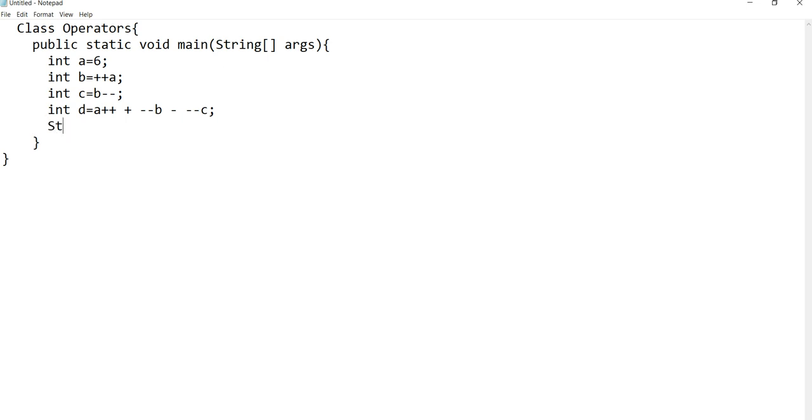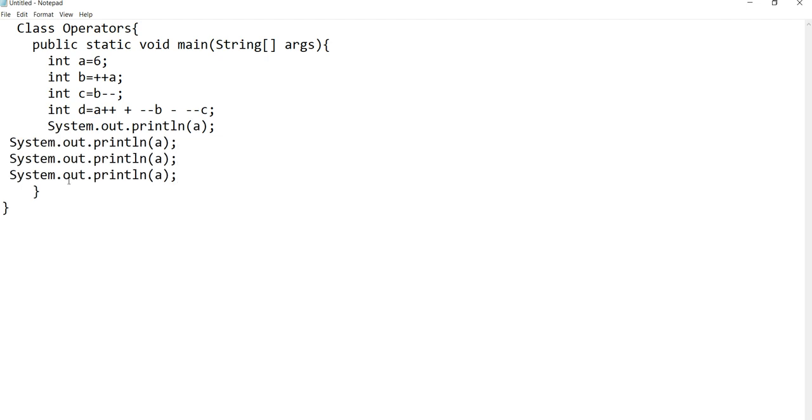I'm writing System.out.println, first with the value a. I can print four values: a, b, c, d. The second value is b, the third value is c, and the fourth value is d.